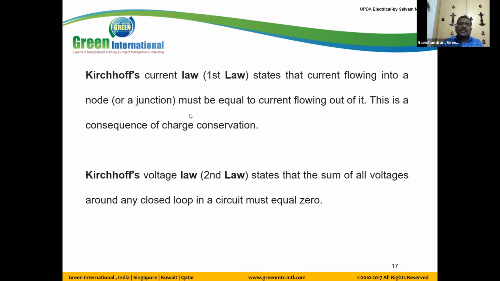So Kirchhoff's law, we have two laws. One is Kirchhoff's current law, another is the voltage law. Kirchhoff's current law states that current flowing into the node or a junction must be equal to current flowing out of the node. So you forget about the statement, just